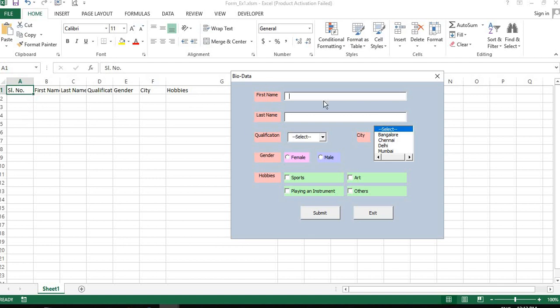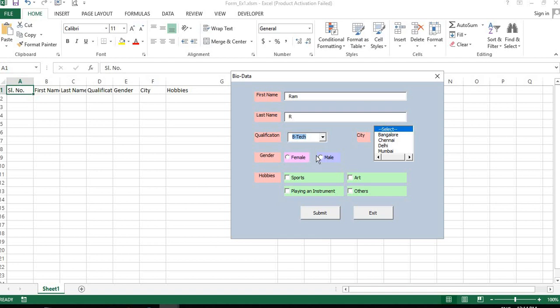Under this, whatever data we are entering, in each row one person's record will be inserted into the Excel. So let me demonstrate. First name, last name, qualification is a combo box. By default, here it is given as select.